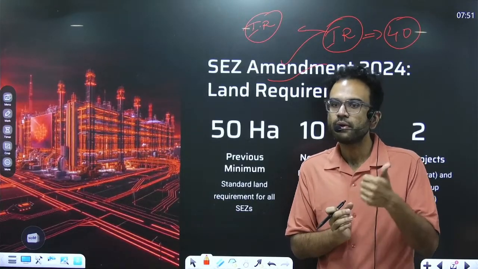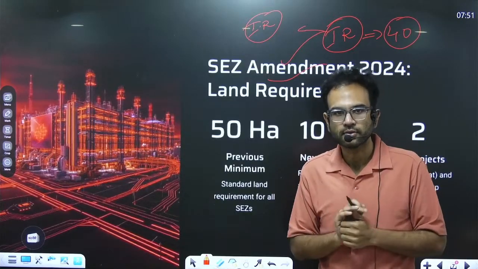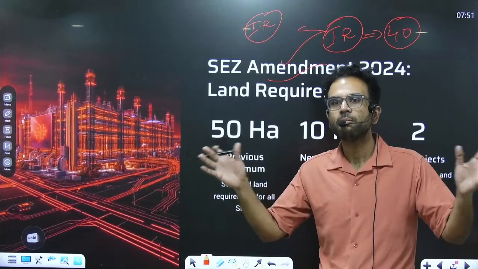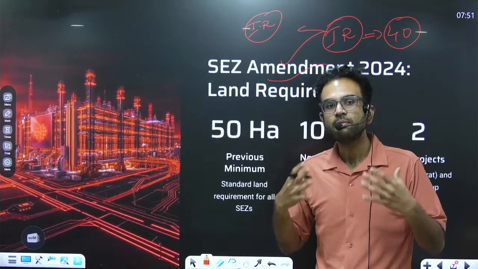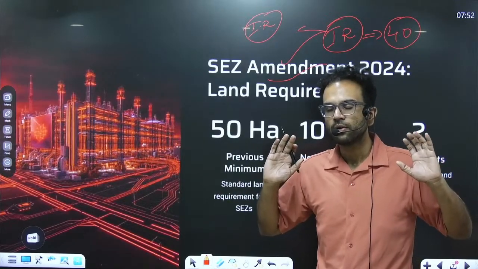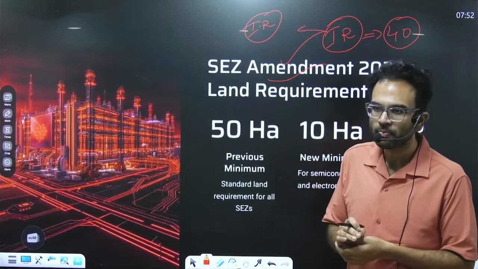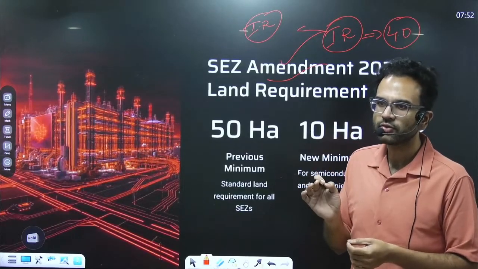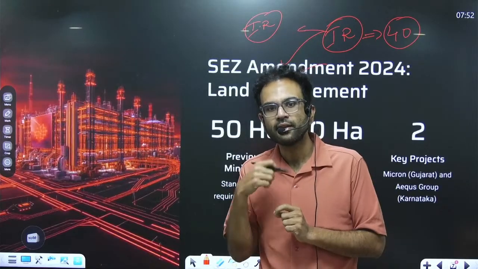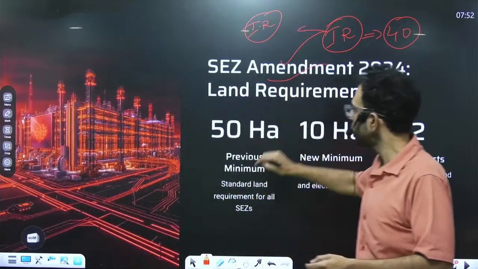First, we reduced this minimum requirement from 50 acres to 10 acres, because special economic zones are areas with large land parcels, and we are aiming to create not big, how do I put it, real estate led industries. The semiconductor and fabrication industry is a high technology, low land required sector. It's more about your mind power, your skill and the R&D costs that go in, not much about the land. So why should there be a 50-acre minimum requirement? It doesn't make any sense. So we have reduced that.